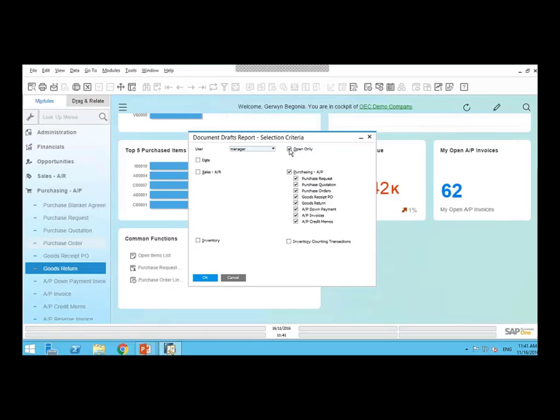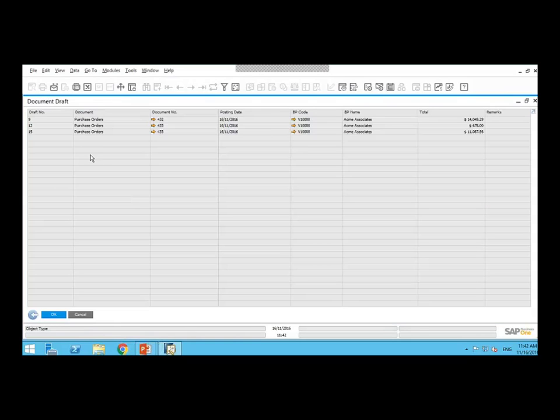I can choose to see it by only open drafts. A closed draft would be something that's already been either canceled or has been copied to an actual, converted into an actual PO or an actual real document. So let's just click OK, and what you can see here are my different purchase orders that are saved as